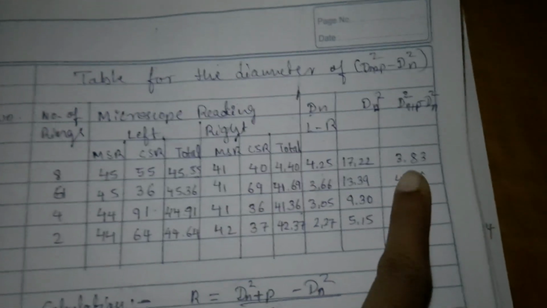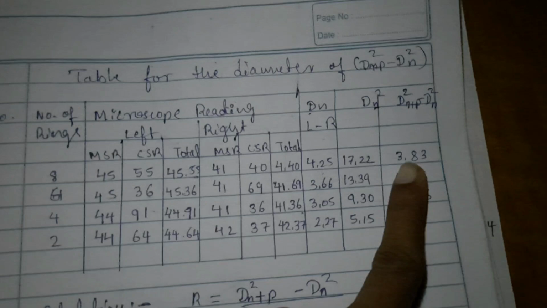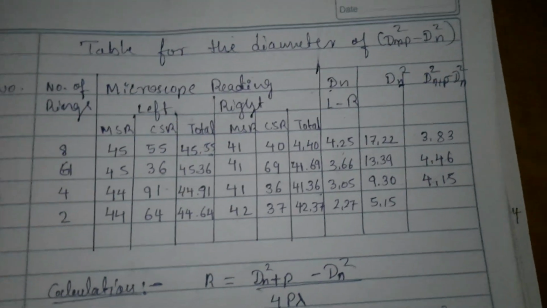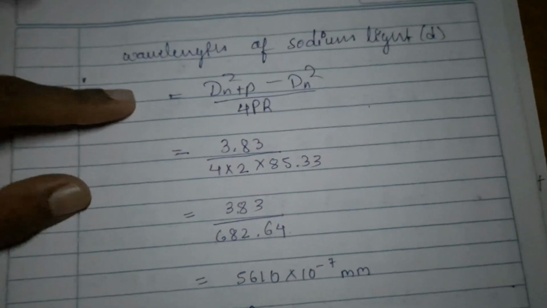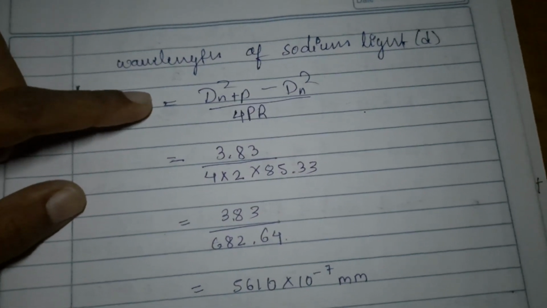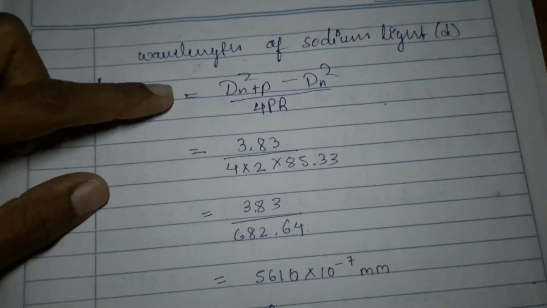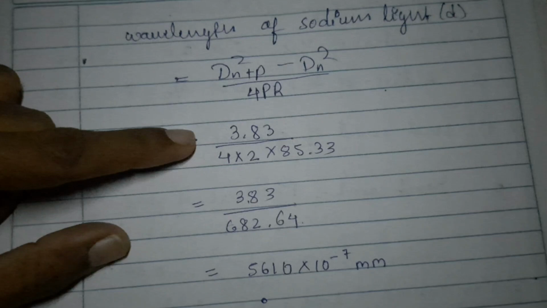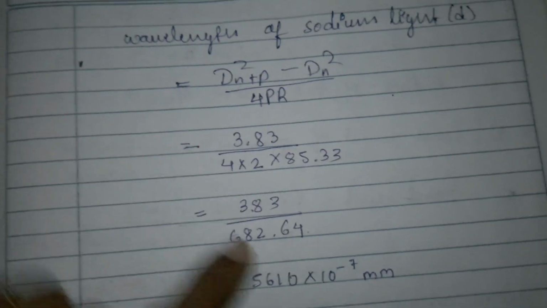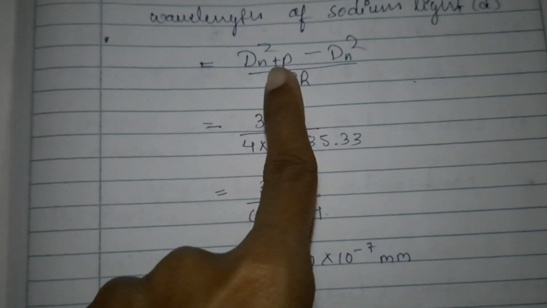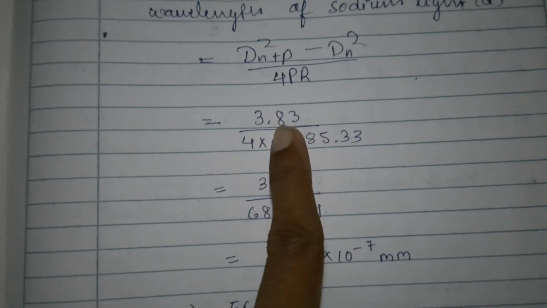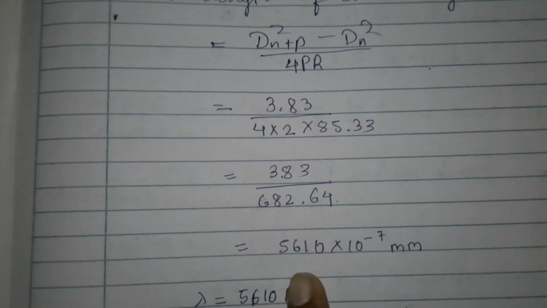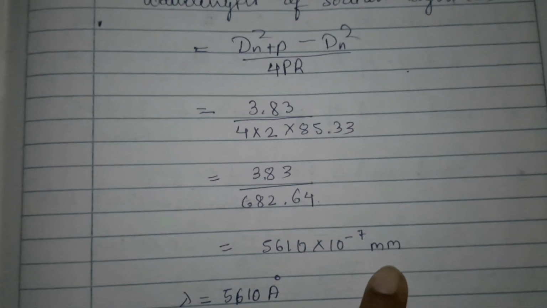So using the first value of the difference of the square of the diameter, which is 3.83, you can calculate the wavelength of the sodium source. After getting the value of R, you should put it in this formula: Dn+p square minus Dn square divided by 4pR. So p equal to 2, the integer value, and R 85.3. Dn+p square minus Dn square is how much? 3.83. Okay, then now you will get the wavelength of the sodium source,